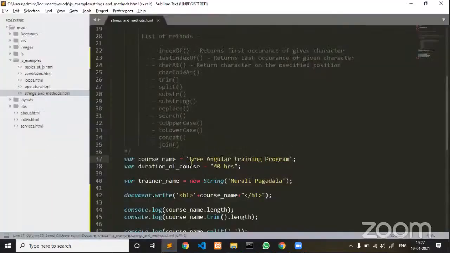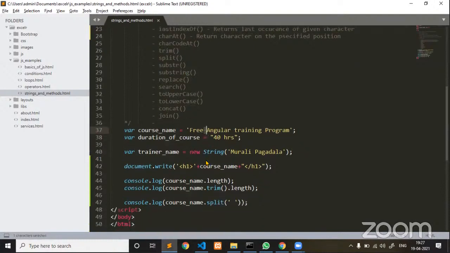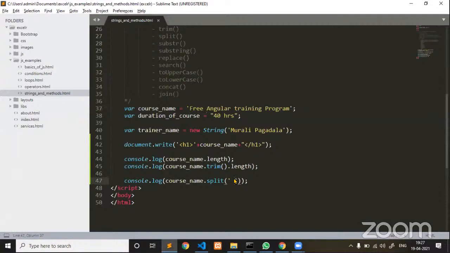Now see, right after free there is a white space. Right after Angular there is a white space. Right after training there is a white space. Since the white space is a delimiter you have passed as a parameter to your split method, it started dividing your string.